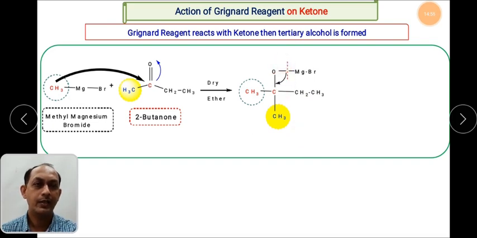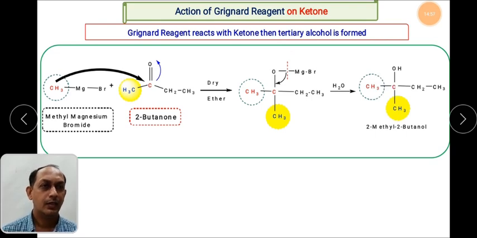It will undergo hydrolysis by acid or water. So this is how you will get tertiary alcohol. If you see this particular alcohol, whether it is primary, secondary or tertiary, it is attached to 3 alkyl groups, 1, 2 and 3. So it must be a tertiary alcohol. Out of that, 2 alkyl groups must come from ketone and 1 alkyl group must come from Grignard reagent. I will repeat, out of the 3 alkyl groups, 2 groups must come from ketone and 1 alkyl group must come from Grignard reagent. This we have to remember.